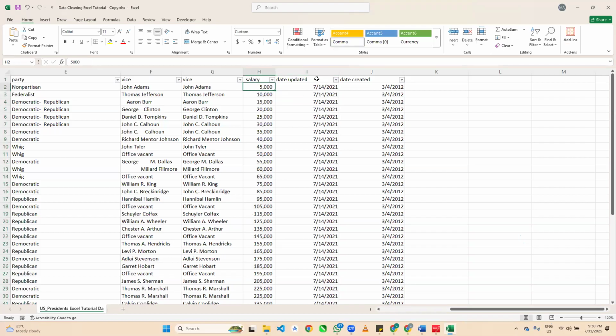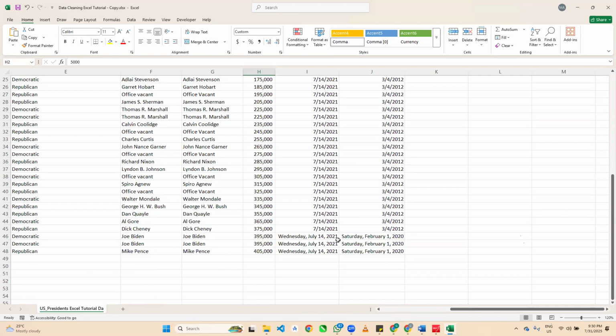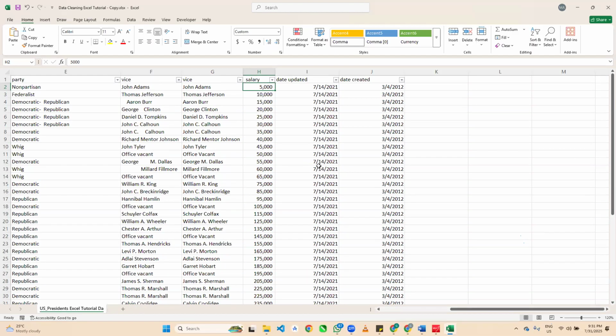So the next one is this particular date column. So do you have an issue with this particular date column? Yes, we have an issue. You can see there is no consistency here, right? So we have a long date and we have a short date. But the first thing is